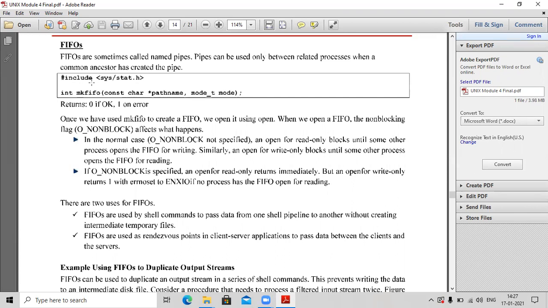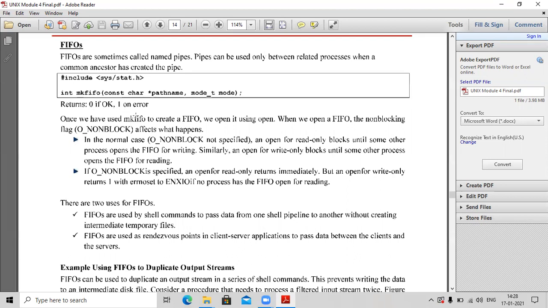In our module 3 itself, we saw how we can create a FIFO file by using an API called mkfifo. Using this API, you can create a FIFO file, and the mode represents the mode in which you need to create it. The major modes you can use are non-blocking and blocking mode. We shall see what non-blocking mode and blocking mode are. If a FIFO file is successfully created, it will return 0, otherwise it will return -1.